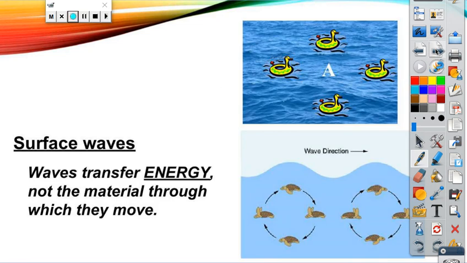And I want to point out one last thing from surface waves. This little guy here, when you see them moving on waves, technically all you're doing is this. You're rotating up and you're rotating down. A surface wave is only going to rotate through up and down. Notice the duck doesn't move. So surface waves are going to transfer energy, but they will not transfer a substance. It will just bob up and down, up and down, up and down. But the energy will be transferred, not the object.